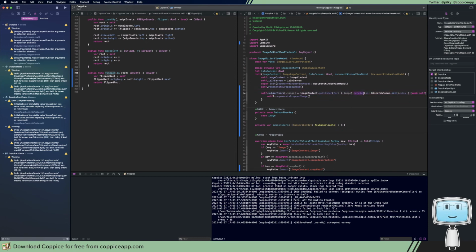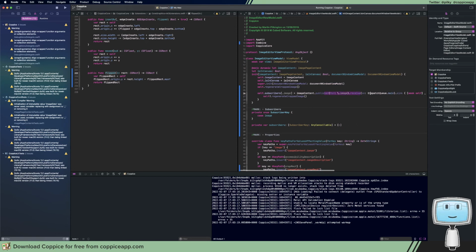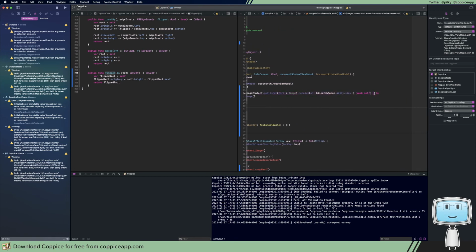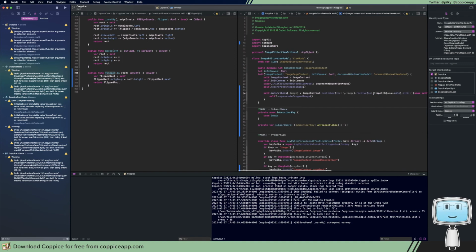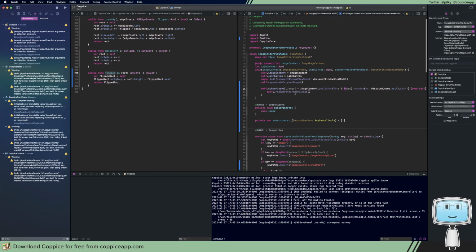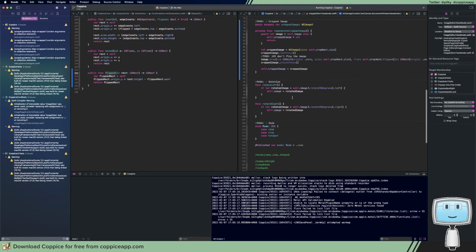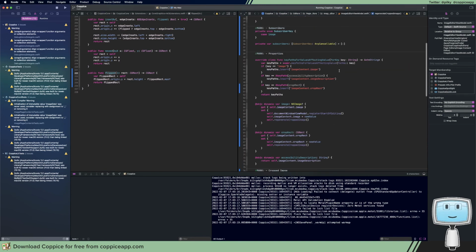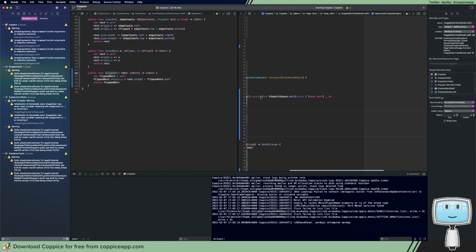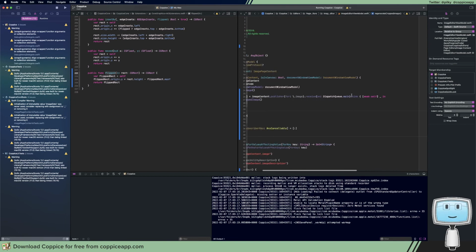And in fact, it may not affect KVO, but definitely for at Published, it fires on will set, not did set, which means that if you get something, you'll get a value here, which is the new value. But if you try to access the property you have observed, it is containing the old value. Which means that if you want to do something like this, where you are calling a function that is getting the image, if this was just using an at Published,